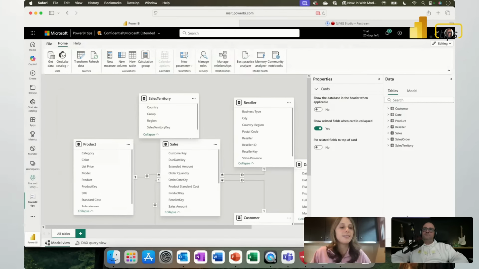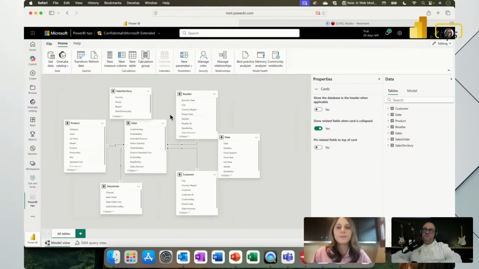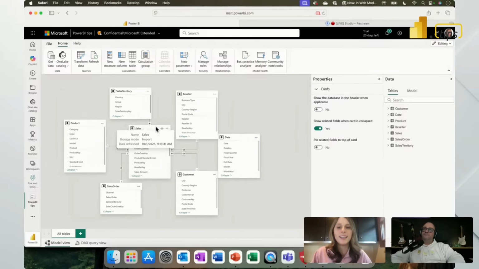Correct. Makes sense. Awesome. Looks like we've got one started here. It's already pre-built some relationships for us as well, it looks like. Yeah, so it went ahead and my semantic model is now created, which is awesome. And as you noticed, it already auto-detected all the relationships for me from this Excel file,